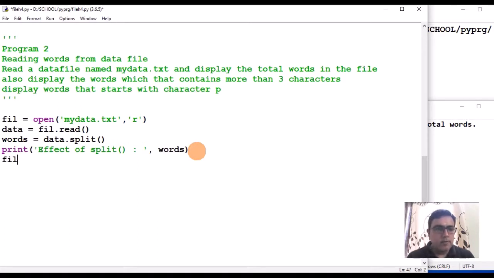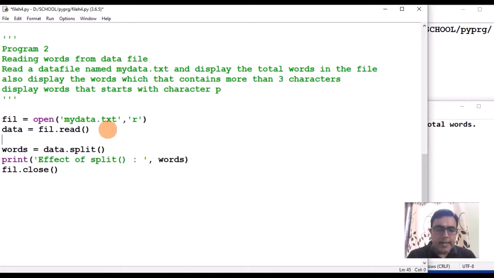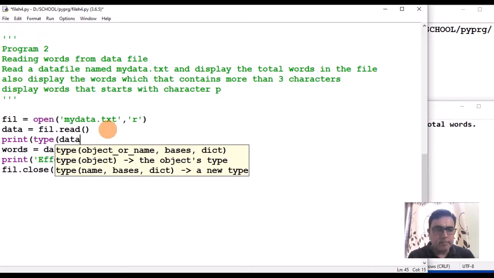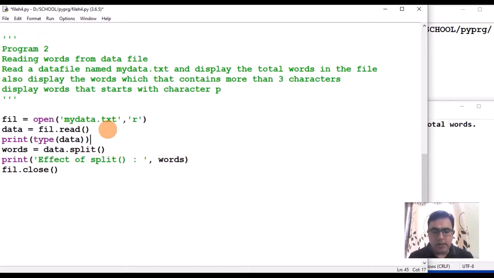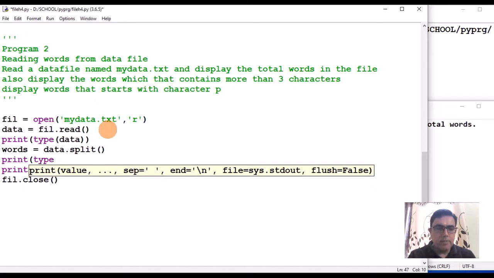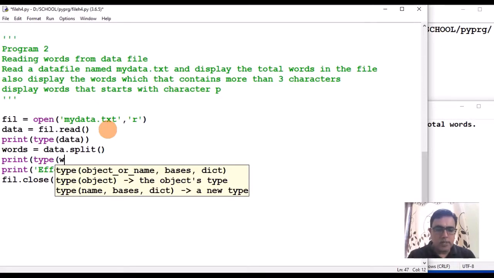I'll say file.close. Okay, if you want to see the data type of data, it will show string. Then here, if you want to see the data type of words, that also you can write: print type of words.